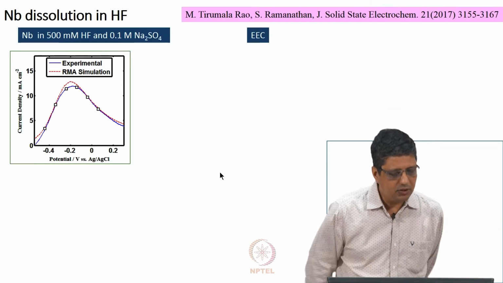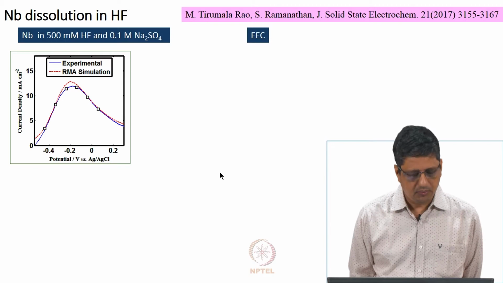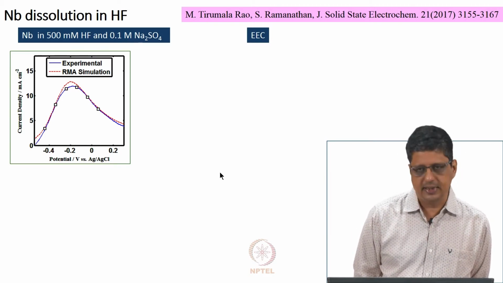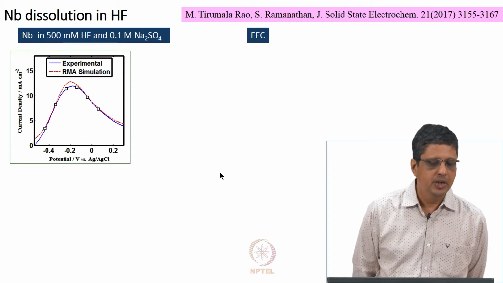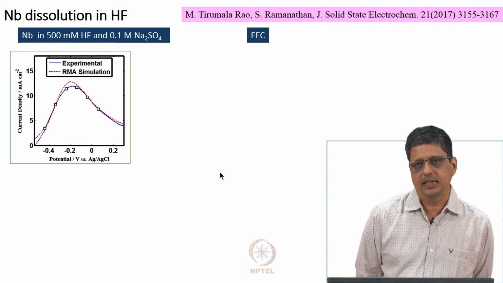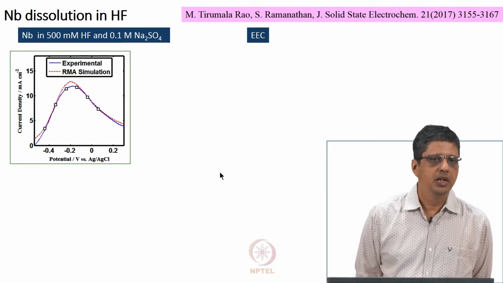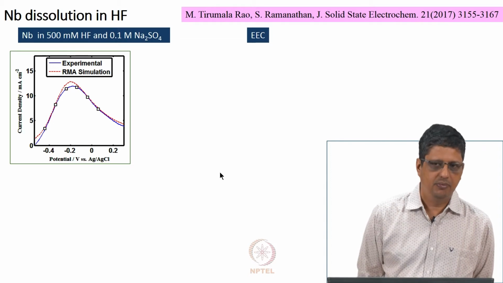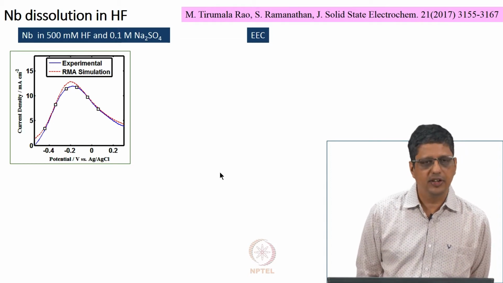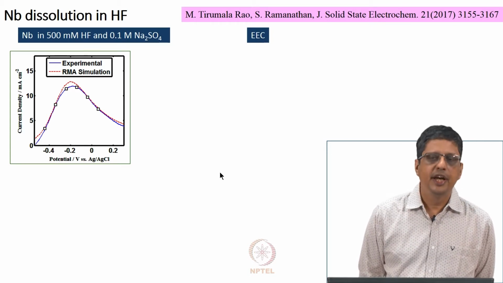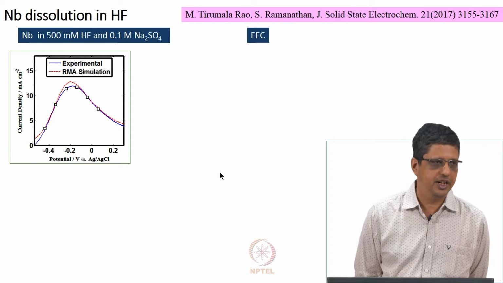Okay. And the last one is data from our group. Polarization shows an increase in current and then a decrease. It offers a passivation. Okay. This is niobium, which is a metal like tantalum. It does not dissolve in acid except in hydrofluoric acid. When I say it does not dissolve, I mean if you take very concentrated sulfuric acid, it will probably dissolve at ppb level, but not to a level where you think of it as corrosion in the short term, or even in the medium term, it is not going to be a big problem. HF will etch at a significant rate.